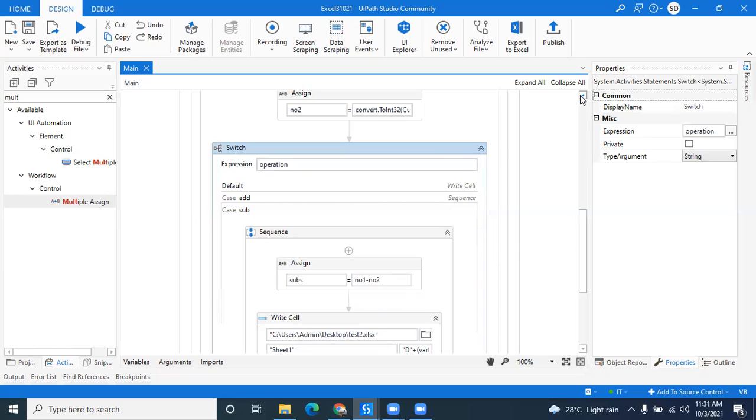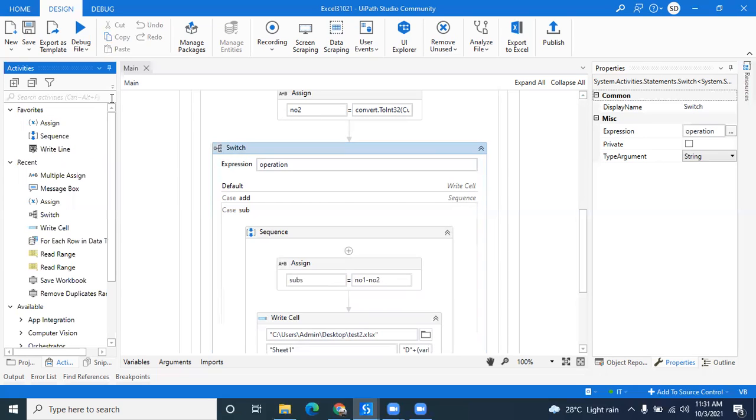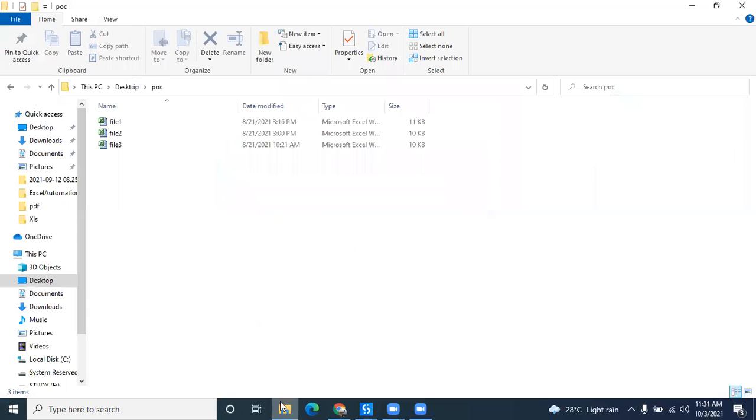Any other doubt, Akshay and Amol? No, sir. Okay. No sir. Fine. If you are good, then I'll start the next POC. I'll share this workflow with you so that you can go through the workflow and try to do it by yourself so that it would be good. Correct? Yes sir. I'll share with you.